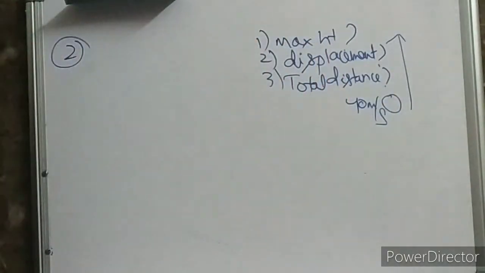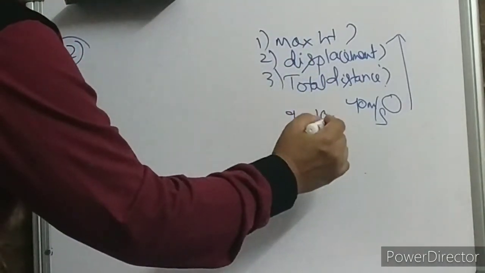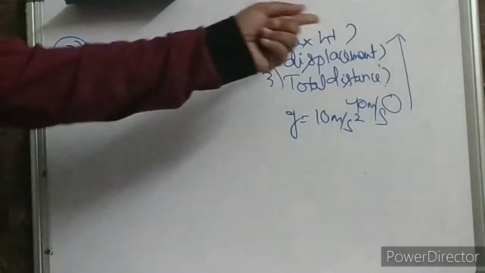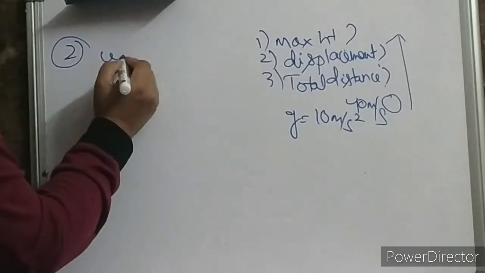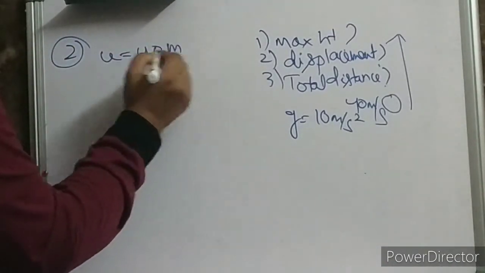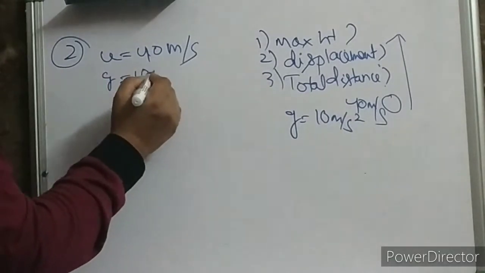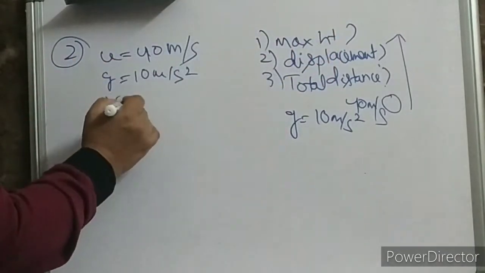And here, to make your calculation easy, G is given as 10 meters per second square. Tell me children how to do. This is very easy. Everything is almost given. Just now we have seen how to calculate the maximum height. That means U is given, 40 meters per second. G is given, 10 meters per second square. Clear? At maximum height V is equal to 0.